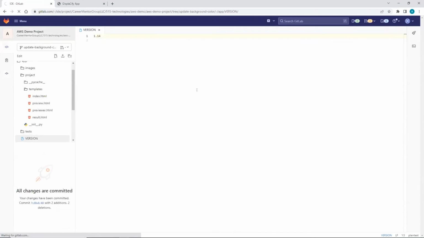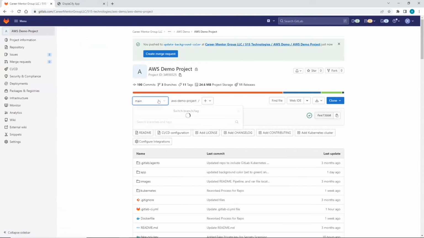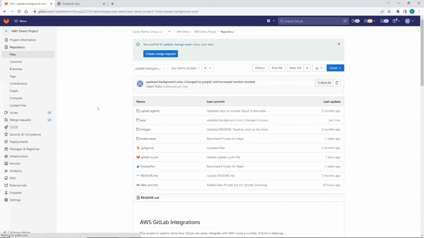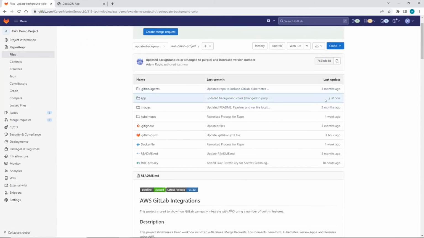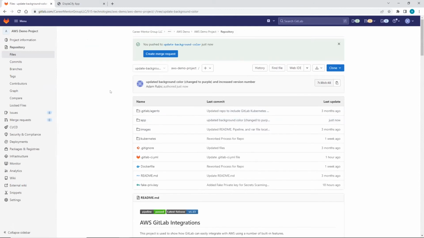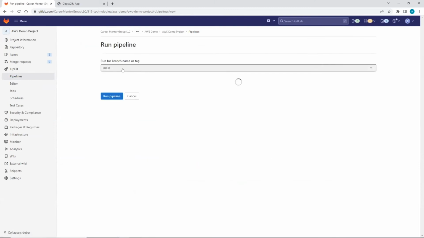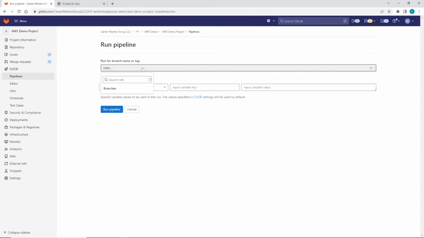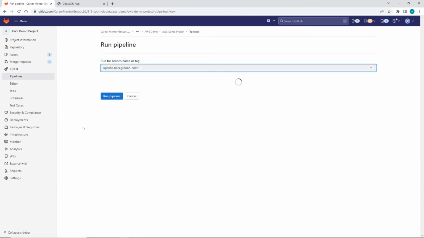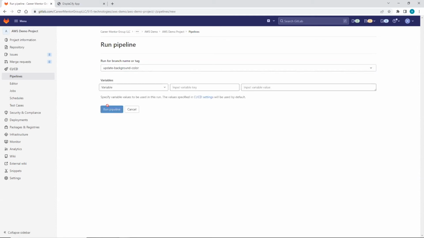If we go back to the project and we switch to our update background color branch, we'll be able to see that just now we've actually made a change. We've updated it. So what we're ready to do is we're now ready to deploy into staging. So to do that, we go to CI/CD, pipelines, run pipeline, and then basically select the branch that we want to run, which is update background color. Just give it a few seconds here, and then we should just be able to hit run pipeline,